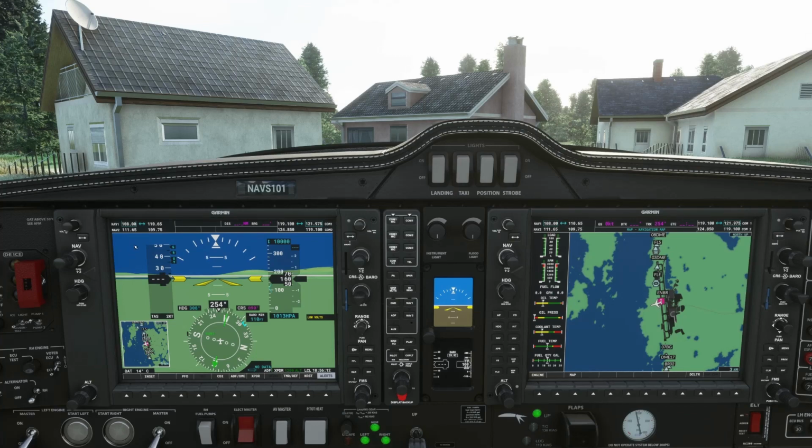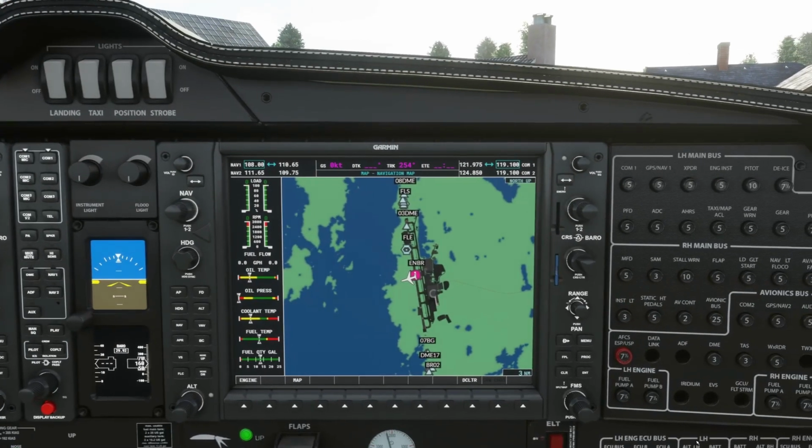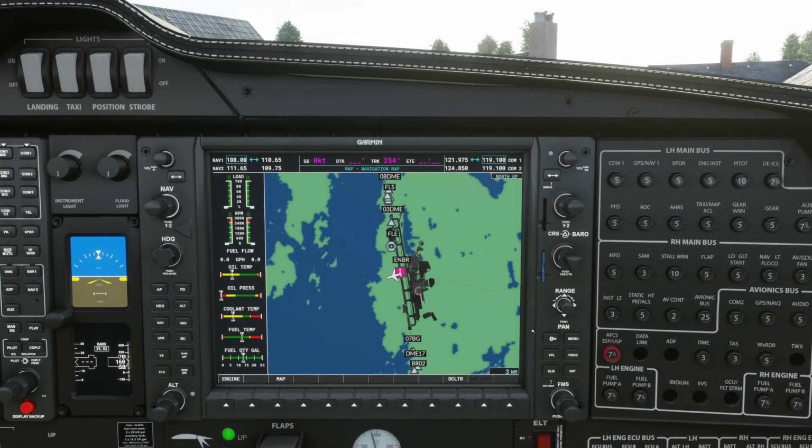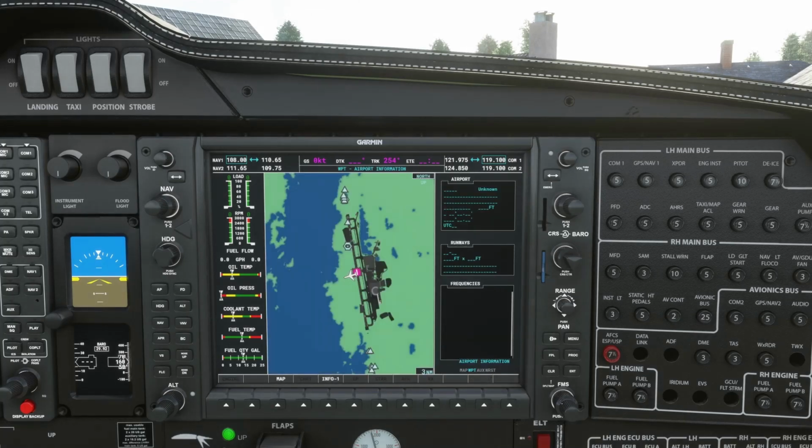So nav 1, all right, so let's try and tune a couple of VORs. Right, so if we go over here, we're going to use the outer FMS dial, okay, now you can see what it's done. It's actually given us a window here.